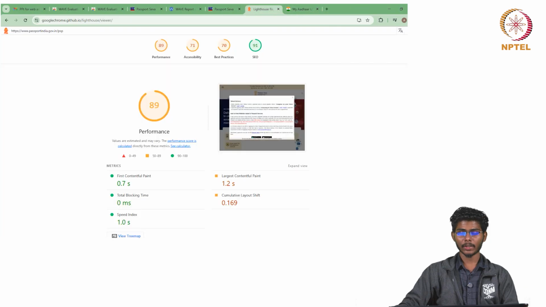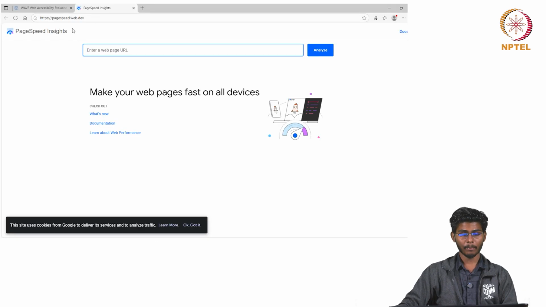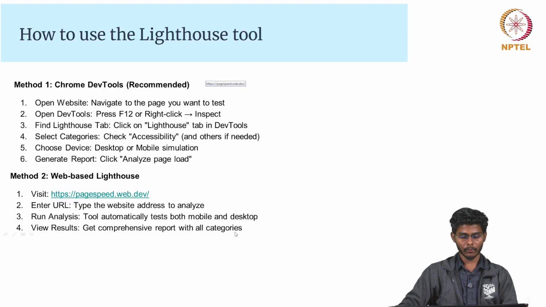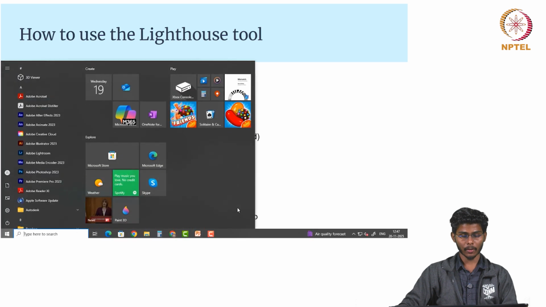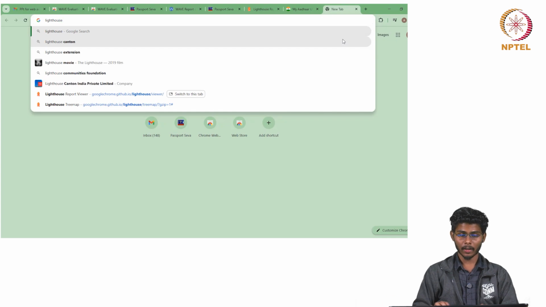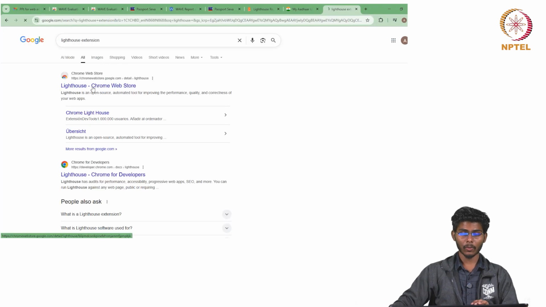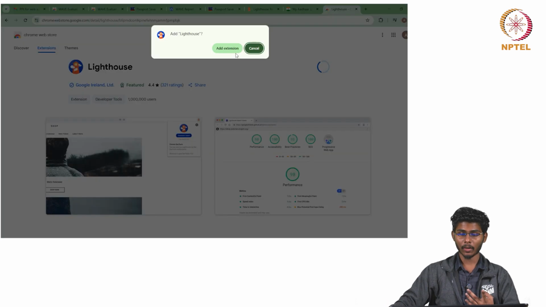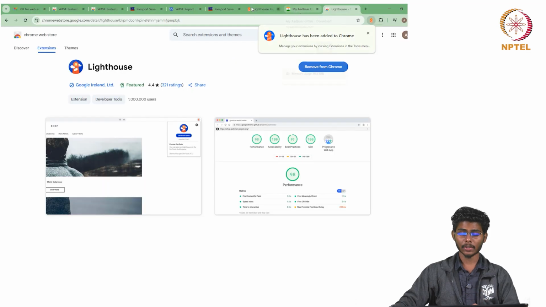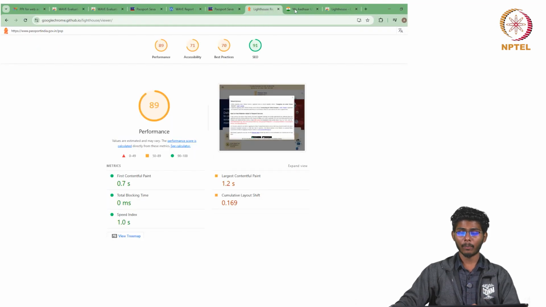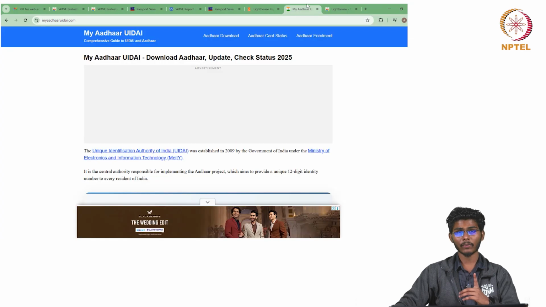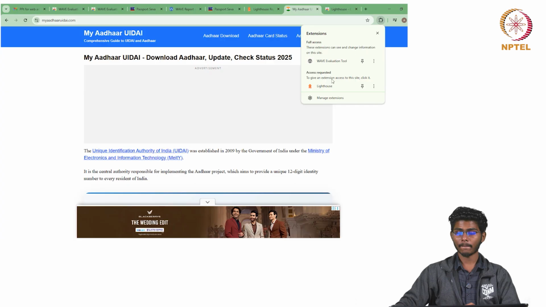And as I have mentioned, we can also access Lighthouse from pagespeed.web.dev, and when we search for the Lighthouse extension on Google, we can also go to the Chrome Web Store and add it to Chrome as an extension, where we can use it on any interface similar to the Wave evaluation tool.